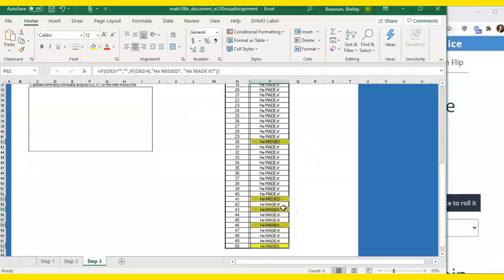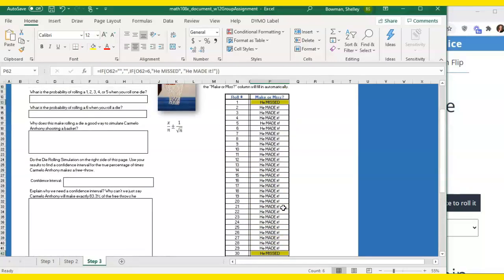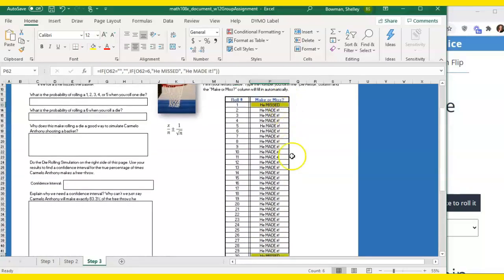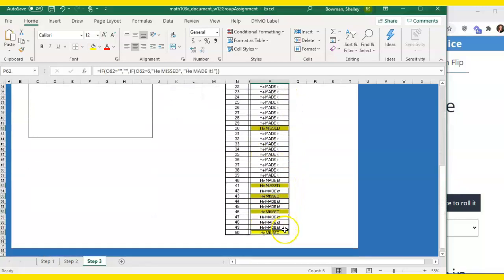Just making sure I got all of them. Okay, so that means I have 1, 2, 3, 4, 5, 6. So 6 misses, and then because there are 50 here, I just subtract 6 and get my 44